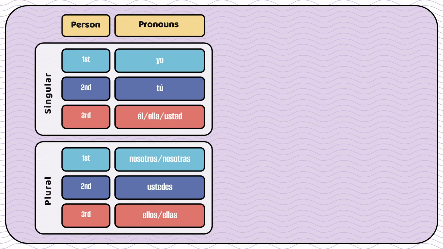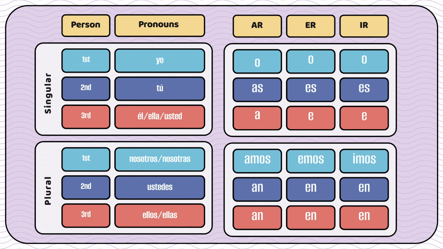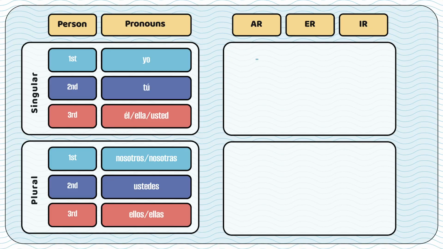This chart is going to be similar for every tense that you use. We'll have the pronouns on one side of the chart, and the AR, ER, and IR categories are always going to be positioned the same way. Now the only difference is the tense that we're using for the endings, whether that's future, past, present. But in the meantime, let's only talk about the present tense. So AR ending verbs in the present tense for the pronouns that we have are going to be laid out in this way. For yo, we're going to use the ending o.